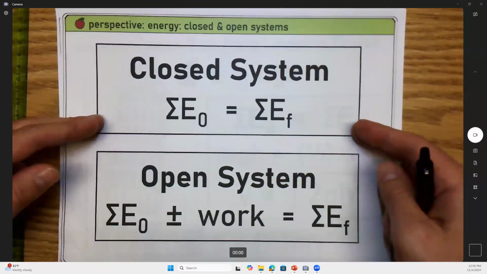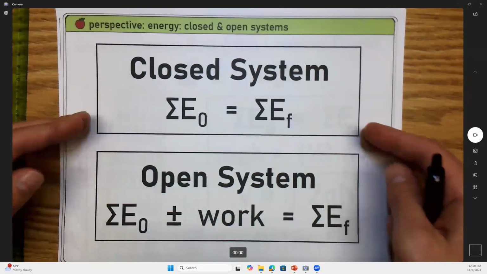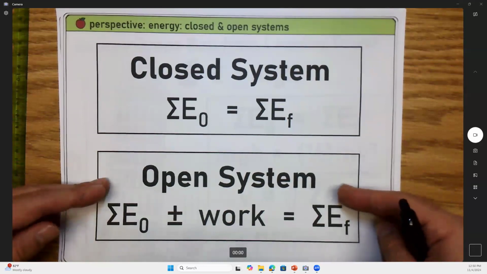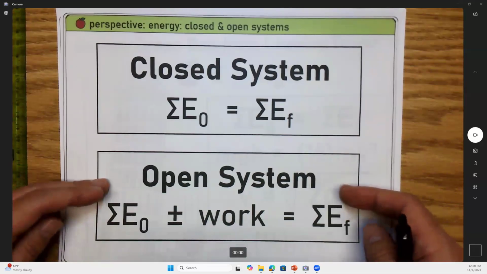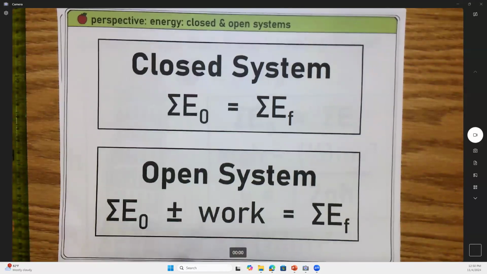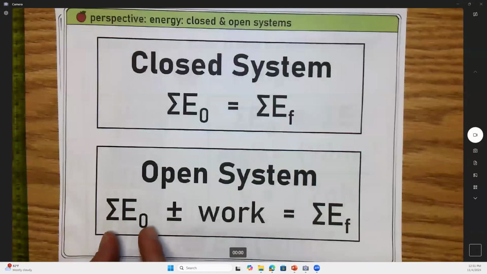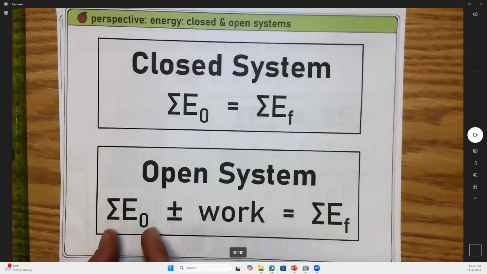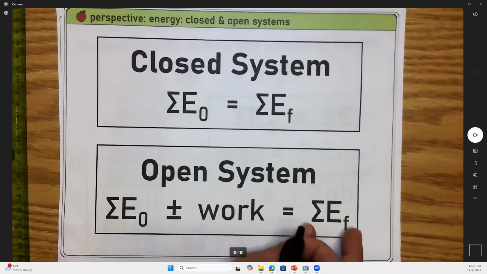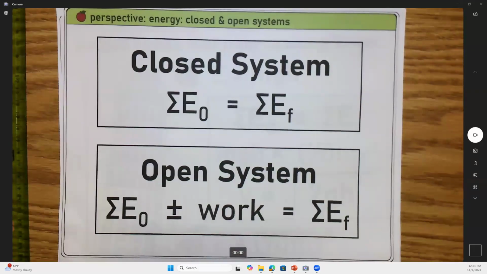Right? We'll do some equations later today. No, well, we won't quite get to today, but we'll do some of these eventually are open systems. Now, if there's an open system, there can be an external force acting on the system, which means that there can be work done on the system or work done by the system. That's why I have a plus or minus, right? So maybe you start off with some amount of energy, some of energy initial, maybe it's like 100 joules. And if you have like plus or minus 30 joules, then you can end up with some different amount of energy at the end.